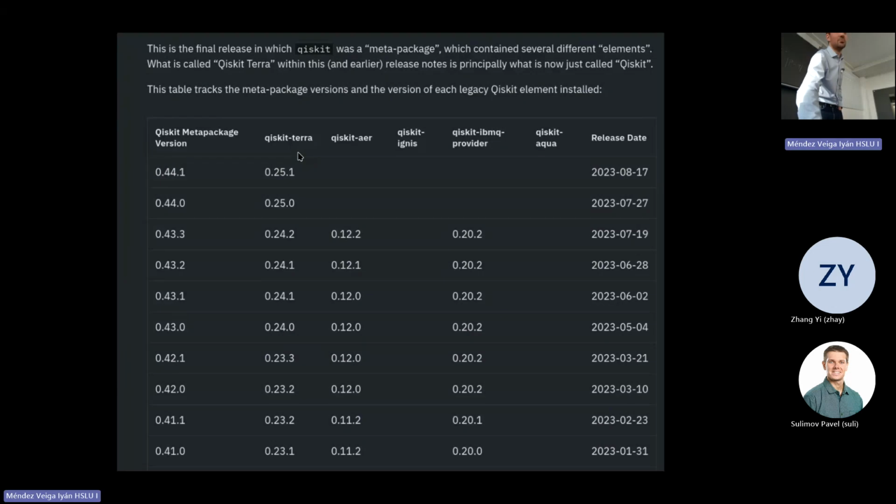So when they decided to restructure this code, they said, okay, let's use the highest version, which was the meta package, and Qiskit Terra becomes Qiskit. We get rid of the meta package, and now the next release after 0.25 is the 0.45. That's why there's the jump.